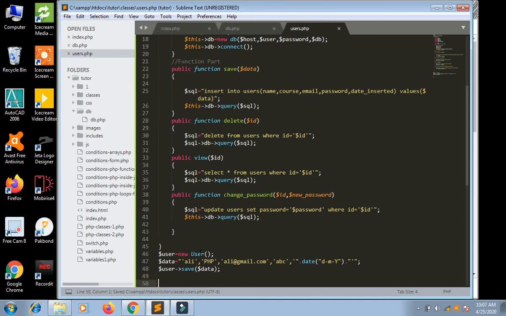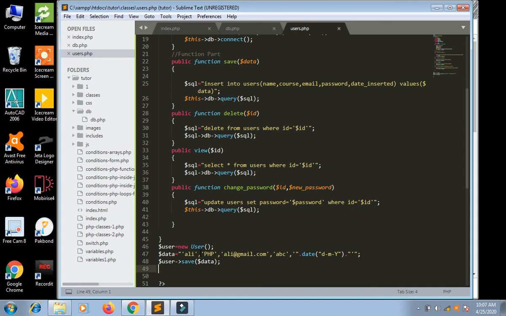Now how to list it? How to get the data? Because this class does not have it, we should pass the ID. The ID is 1, we know that the ID is 1.